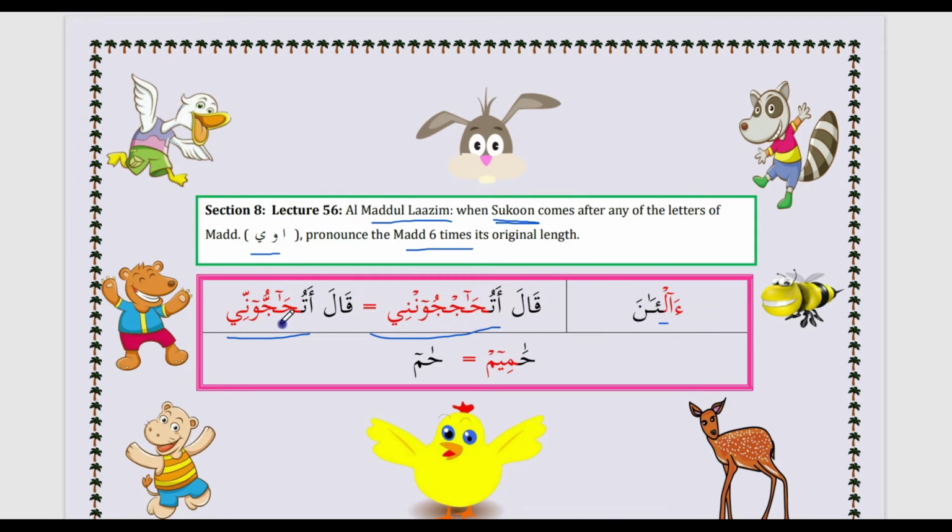Here, this one we will see in the ayah where we have a letter with shadda coming after alif or waw. Alif or waw. We prolong the sound 6 times because any letter that has a shadda on it has a hidden sukoon inside, as in the example here. 2 jim. Jim got shadda, so it's equal to 2 jim. Noon has got shadda, so it's equal to 2 noons. So the first one got sukoon, the second one got the original vowel. Yeah? And we say, Qala